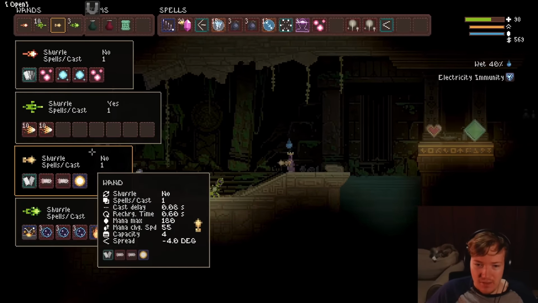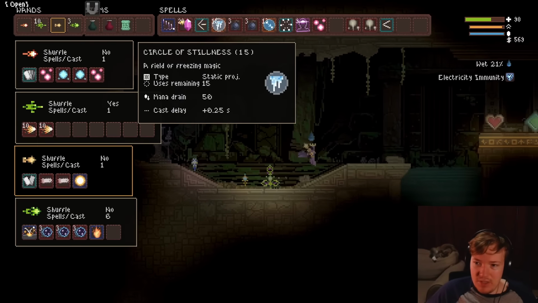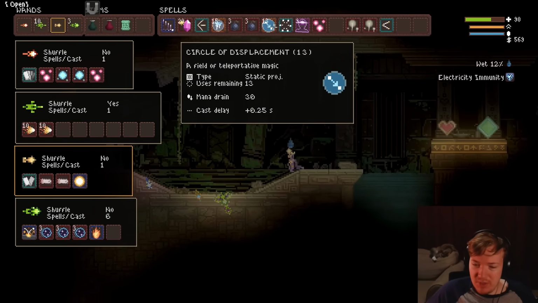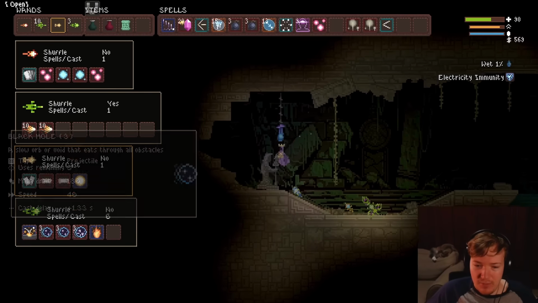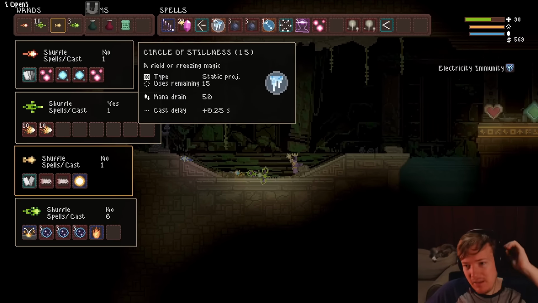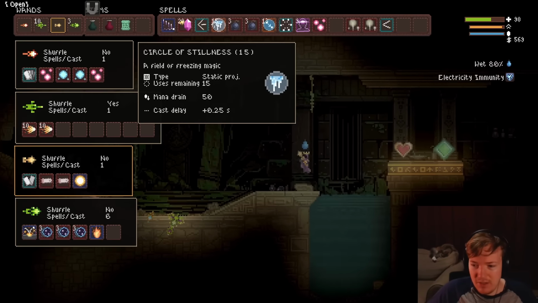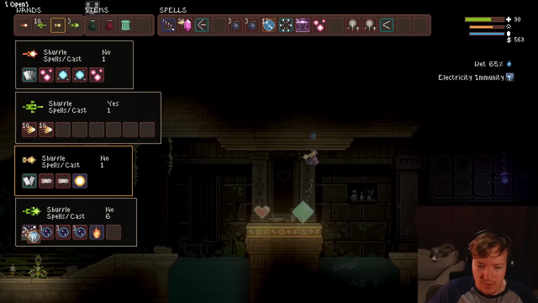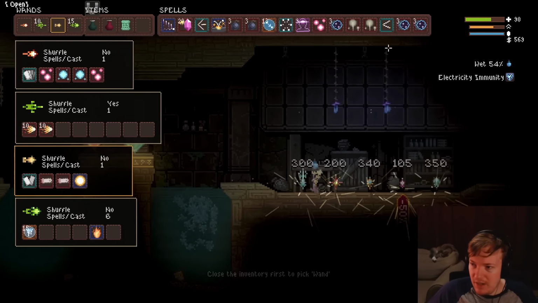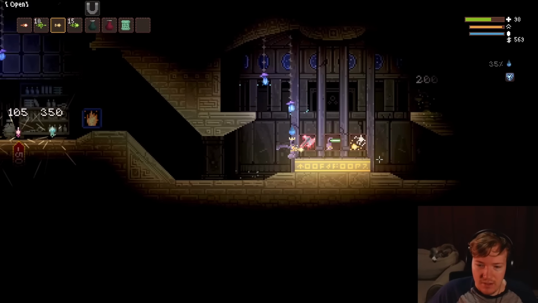But let's go ahead and talk about exactly how I would have done this. First things first, I could use the Circle of Displacement here to get back up, or I could use black holes. Either one is a valid option. And then the big thing about Steven is I have a secondary safety against Steven in this run. So I'd be more than happy to deal with Steven now because I've got Circle of Stillness. So what I could do is run over here, set up my Circle of Stillness, and just do